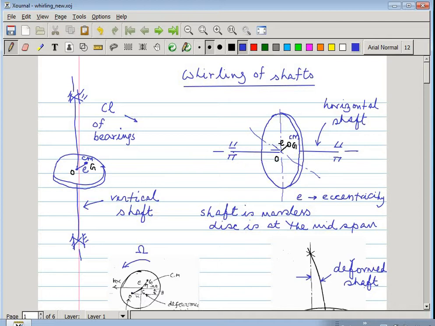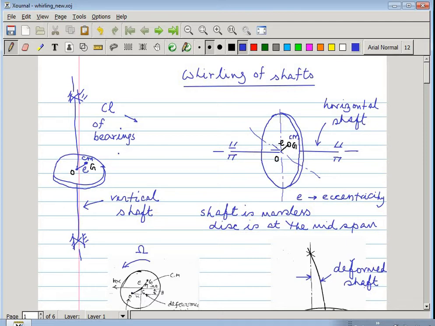So here the disc is not rotating. In this condition the disc is not rotating, so the shaft coincides with the axis of rotation. Here also the shaft coincides with the axis of rotation. The shaft is undeformed and it coincides with the axis of rotation. But here, what happens in both of these cases,